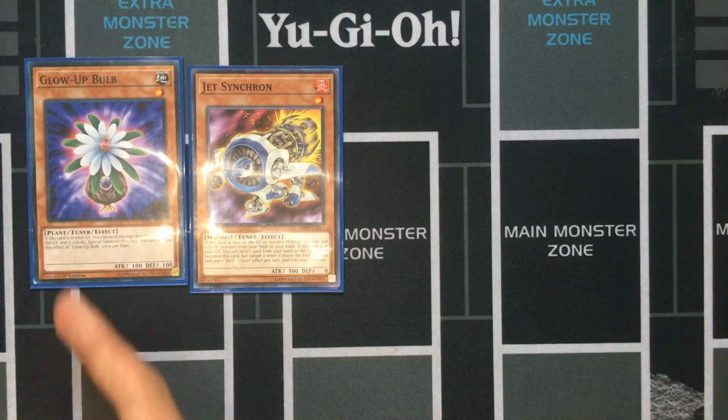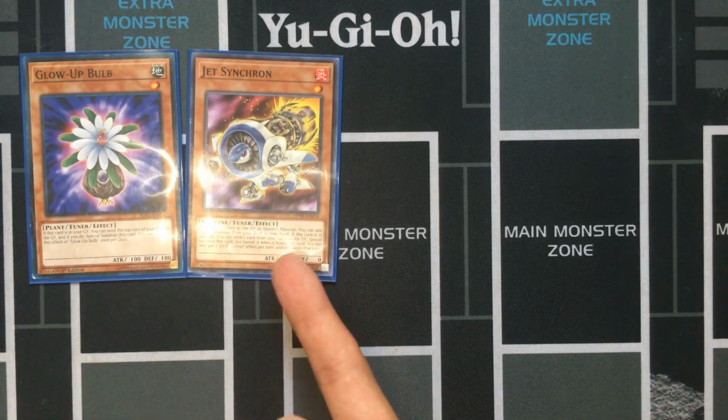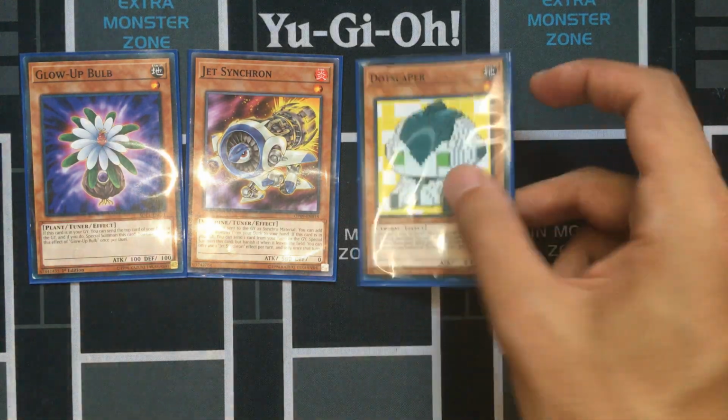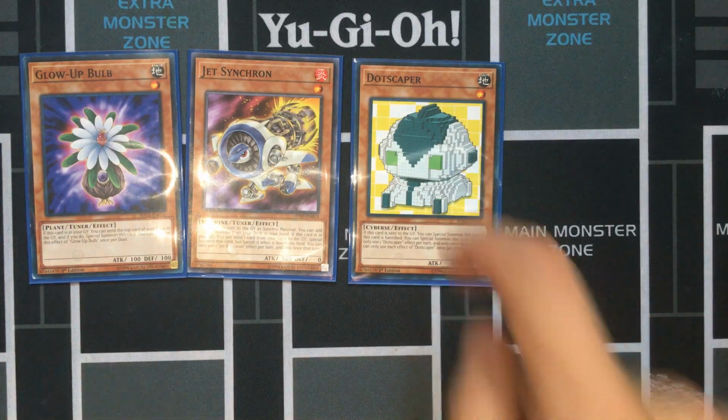But this one mills to get its effect, so additional milling with this card. This one you discard to get its effect, so see, putting those cards in the graveyard. Another level 1 monster, we have a Dotscaper. So this one helps you go into specific synchros, whether they're level 5 or 6. To make the 1 level 6 synchro that I run, you pretty much need Dotscaper, so I put it in